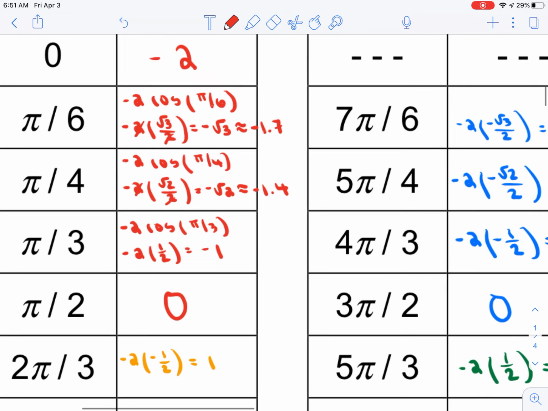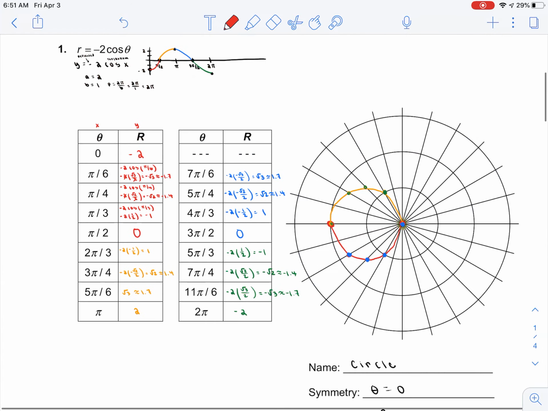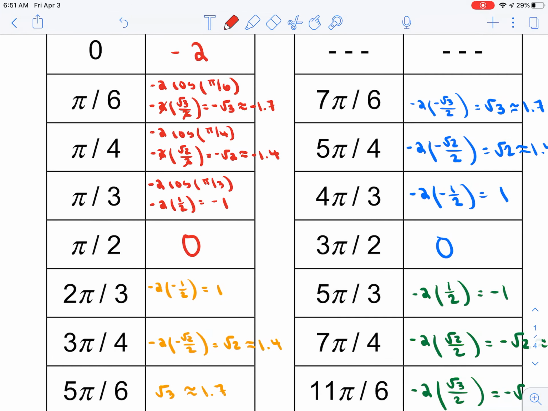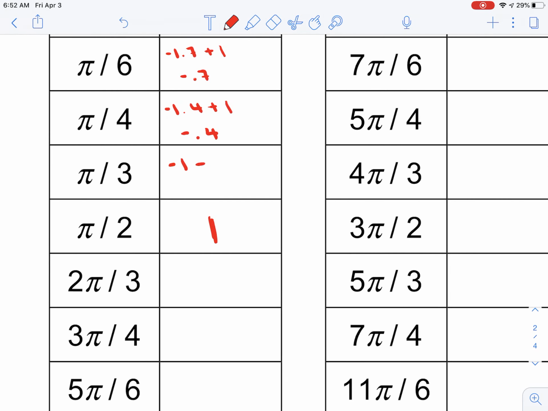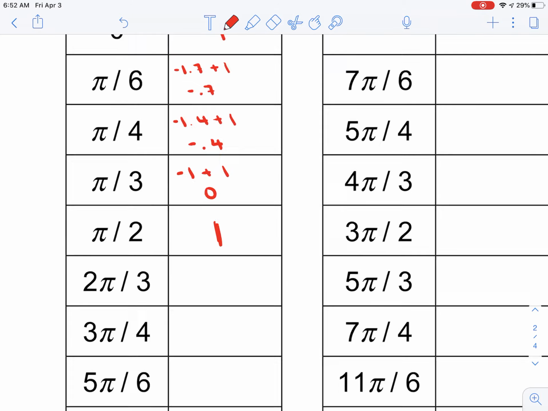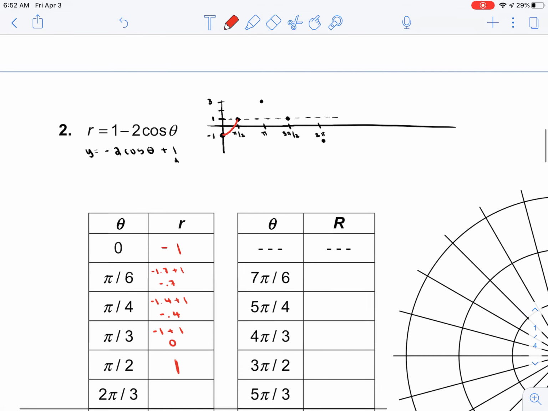Remember at pi over 4, we had gotten that -√2 or -1.4. So we can take that -1.4 and add 1 to it, and now we're getting -0.4. If you recall, at pi over 3, we got that value of -1. So take that value of -1 and now add 1 to it. Notice this right here is going to be our x-intercept value. It's going to happen at pi over 3. So I'm going to connect this, go concave up like a cup,